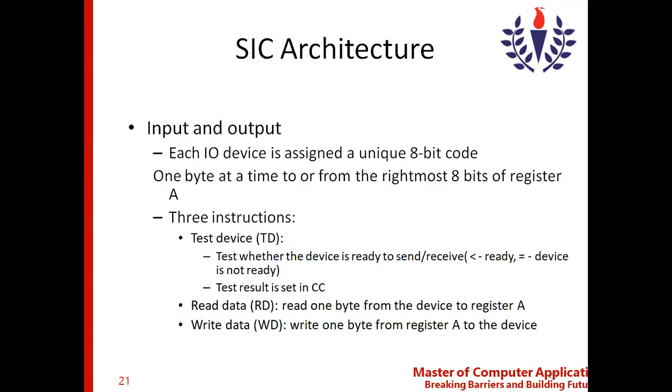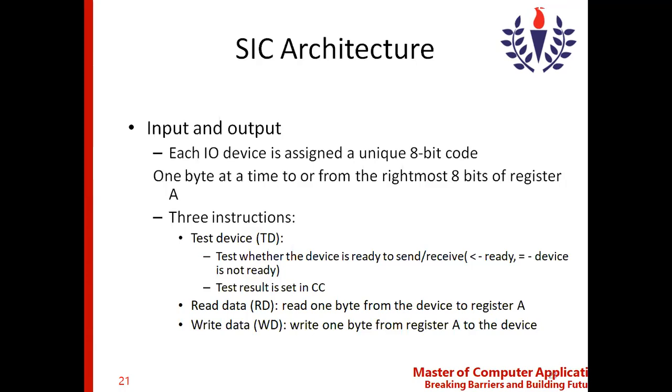Moving on to the instruction set, we have load and store registers, arithmetic operations, comparisons, then conditional jump instructions, and finally the subroutine linkage. These are the operations that need to be performed, for which we use different sets of instructions. And lastly, we have the input and output operations.